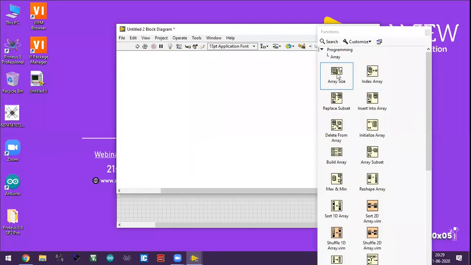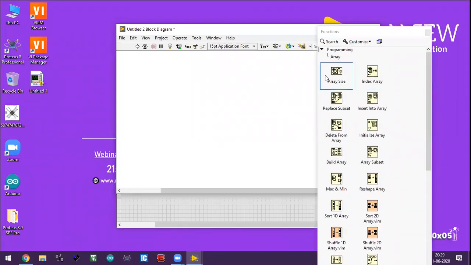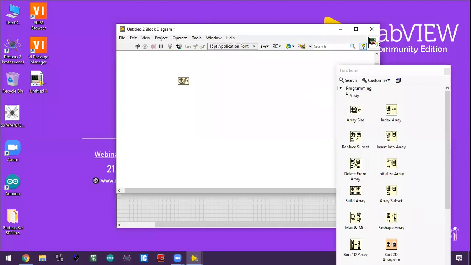You can see the arrays. You can build arrays, get size, index. These are all basic functions. So if you want to know what any programming function is, there is help. You can put it on the block diagram window and just click over here. This is the show context help window.